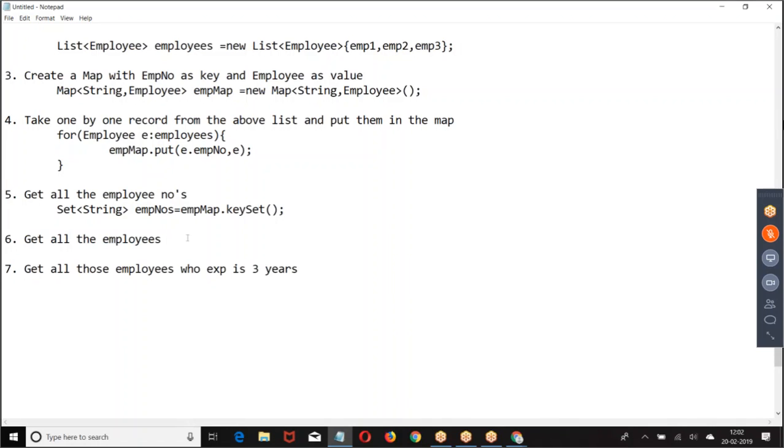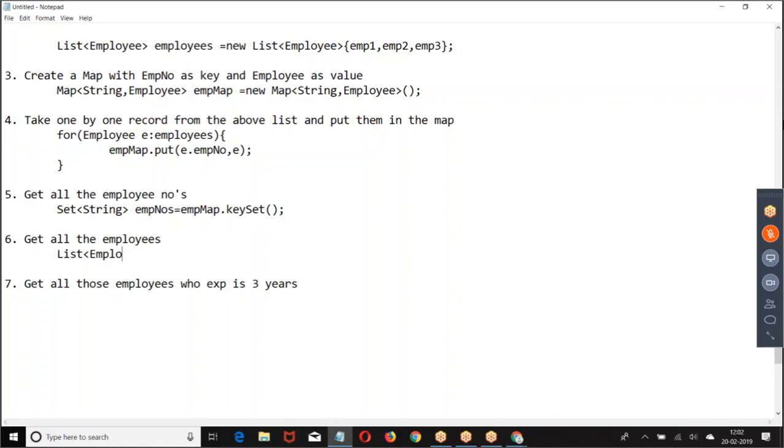Get all the employees. What was that? empMap.